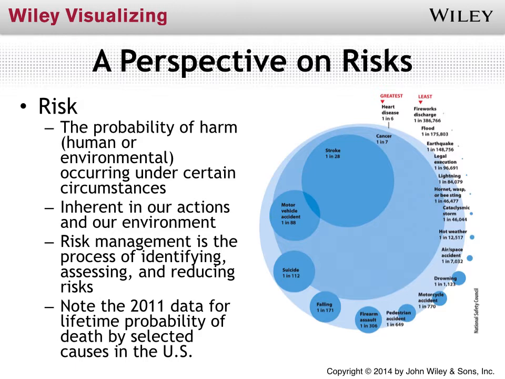And then things like dying from stroke or cancer. Even though we have a pretty high probability of dying from cancer or from heart disease, that doesn't necessarily affect our behavior when it comes to avoiding the things that could cause this risk, like smoking or the type of diets that a lot of Americans have, high in fat. So again, those are pretty high probabilities, but yet we could easily change the activities that affect those risks, but we don't. Again, we have a difference between perception and reality a lot of times.